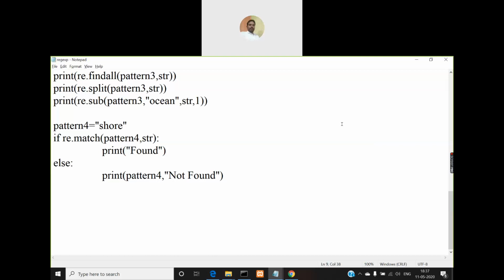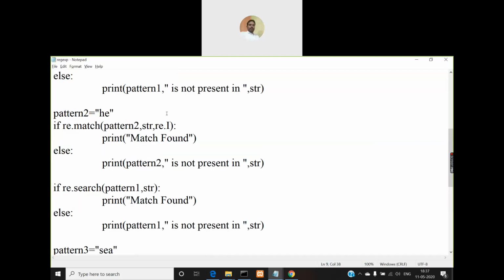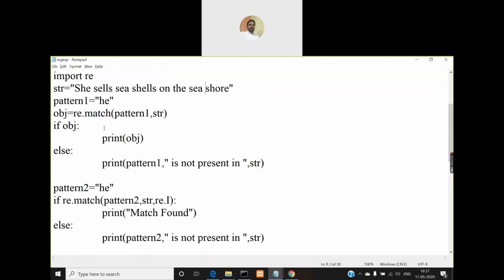For example, we discussed earlier in the introduction mobile numbers and email IDs, right? So if you want to create patterns for email IDs or mobile numbers in a real-time application, we can use some symbols in the regular expression pattern. In our current program, we didn't use any symbols. We simply used normal strings which contain all alphabets. But in real time, the patterns will not contain alphabets only. They may contain digits 0 to 9 and some special symbols also. We didn't explore that part in this program.